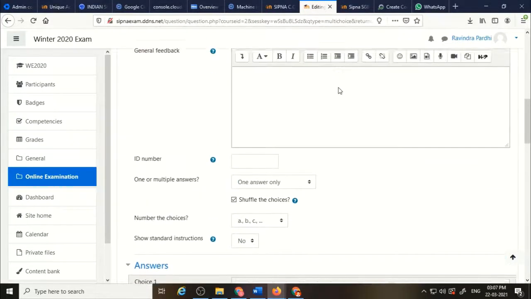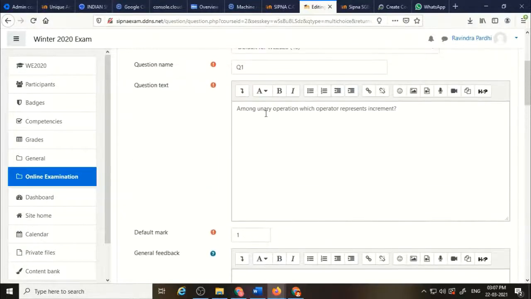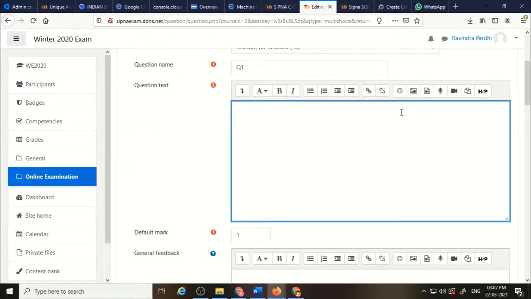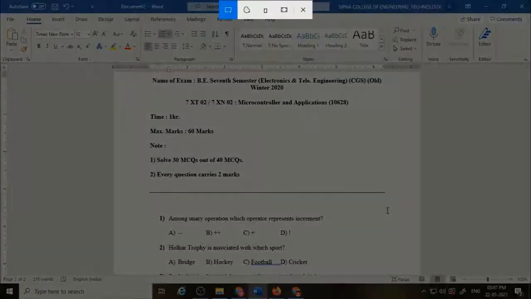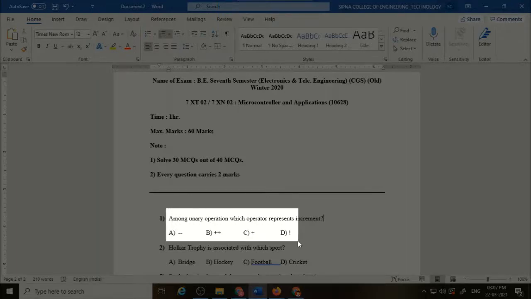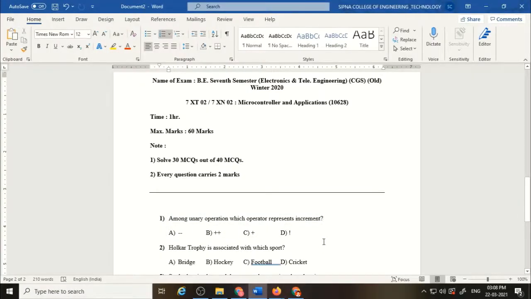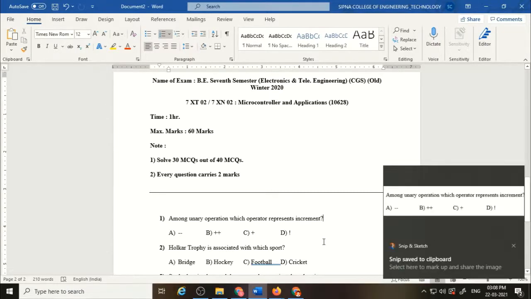Okay, so instead of doing this, what I'm going to suggest is to make use of the snip tool. By making use of the snip tool, you can copy the entire question as an image. To activate the snip tool in Windows 10, the shortcut keys are Windows key, Shift key and S key. So this will activate the snip tool like this. And here I'm going to select this question number 1. So drag the entire question like this and leave it. So the question is copied to the clipboard like this.